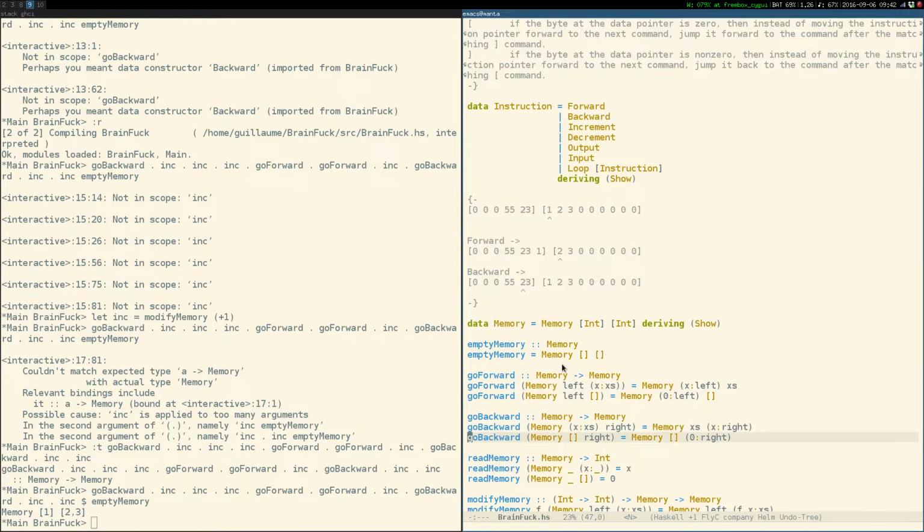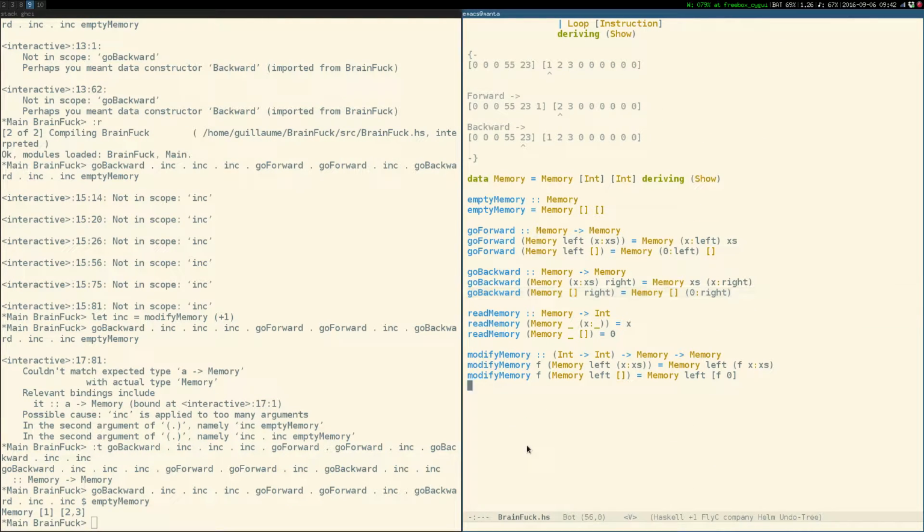So now I can write a Brainfuck interpreter, which we'll call run. It will take a list of instructions, and returns, actually, we don't care, it will return IO because it will need to print char on the console or read char from the console, and I will return the memory. Okay, just for the sake of testing, we'll be able to see the final memory. So run,